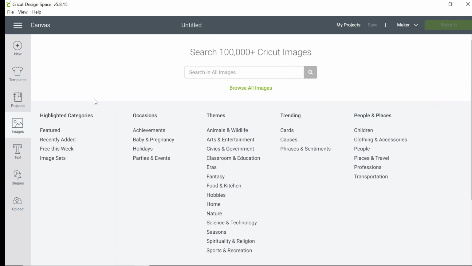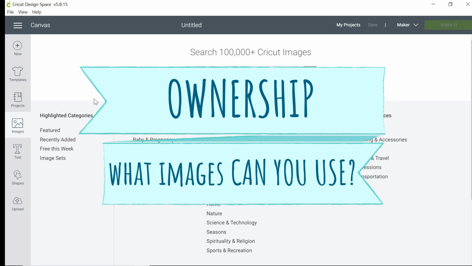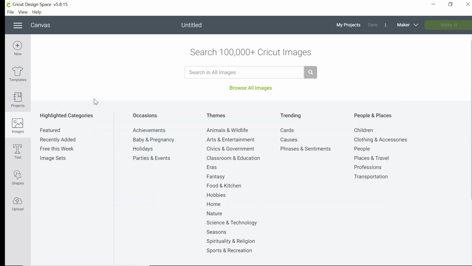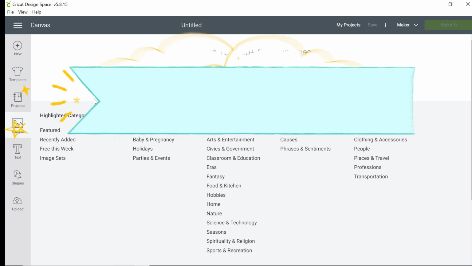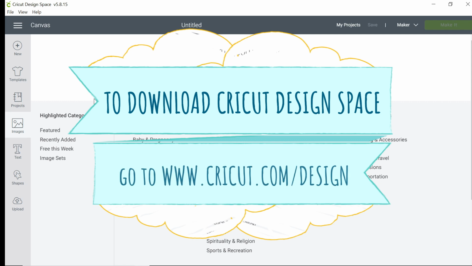Since the focus of this tutorial is on what images are available in Cricut Design Space, I'm going to start off by talking about ownership, because that's really important in understanding what you will have access to when you're using Cricut Design Space. So did you know that anyone can download and install Cricut Design Space even if you don't have a Cricut? A lot of people may not know that, and so I just wanted to share that with you,